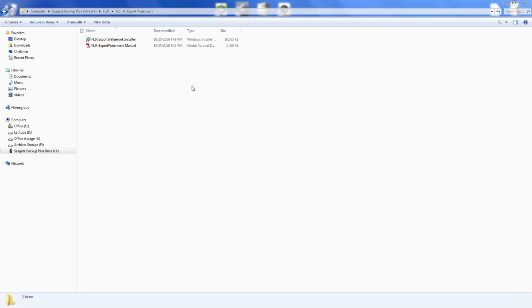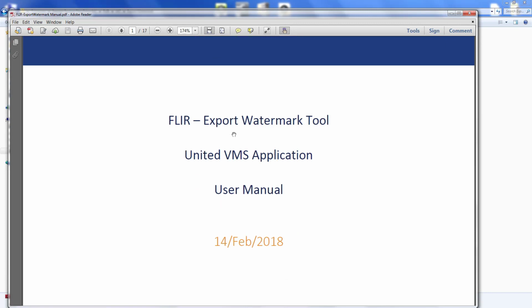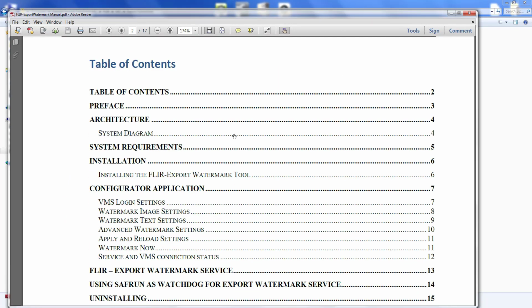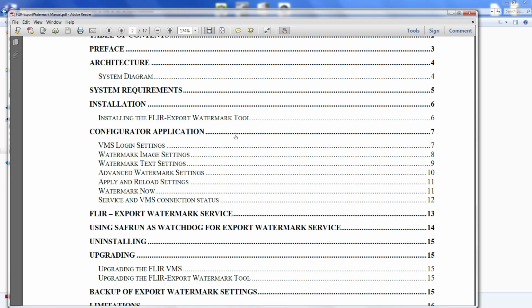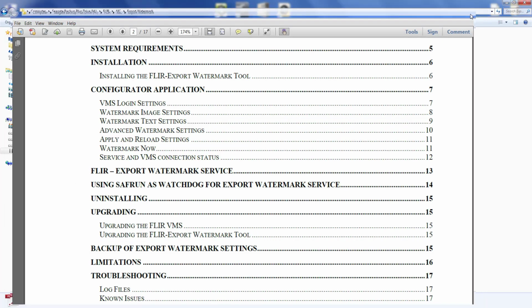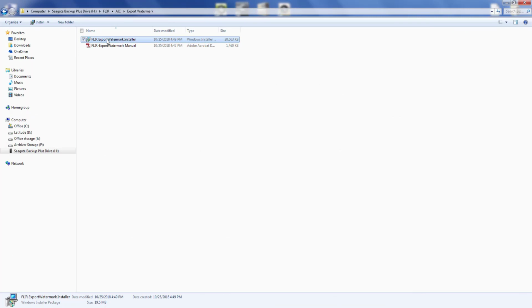Export Watermarking Tool. It's a FLIR AIC group creation. You can see here are the release notes. Down here we can see, all the way from installation to configuration of all of the individual settings, the text settings, the image settings. We can do both or one or the other. So let's go ahead and just launch the application itself,